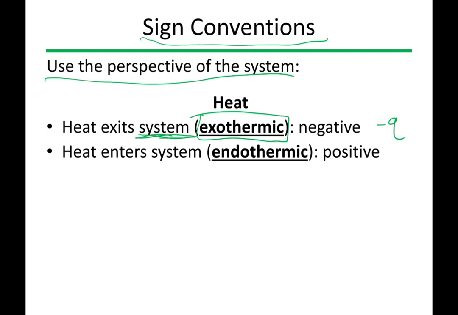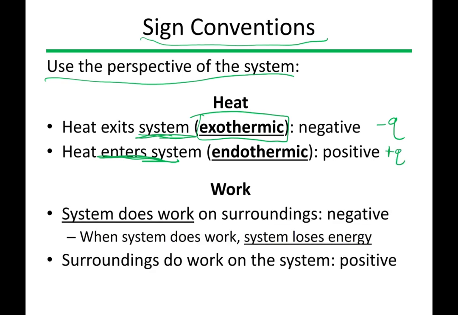If heat is going into a system, so if we have some energy coming in, that means the system is going to get some more random motion in it. And this incoming heat will then have a positive Q because we're increasing the energy of the system. For work, if the system is doing work on the surroundings, so we have our system here, but it's doing some work against the surroundings, that means it's having to put energy against the surroundings, and so it's losing energy. So if it's doing work on the surroundings, we'll have a negative sign for work.